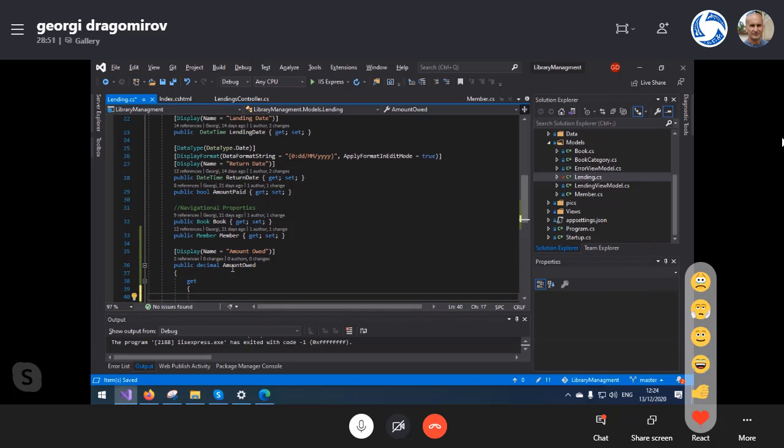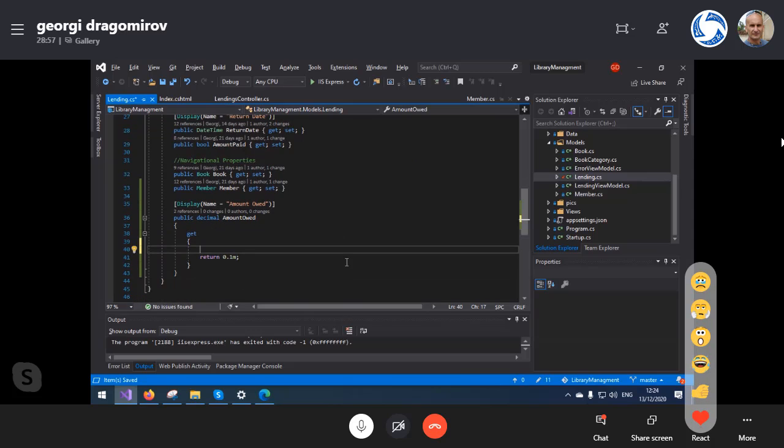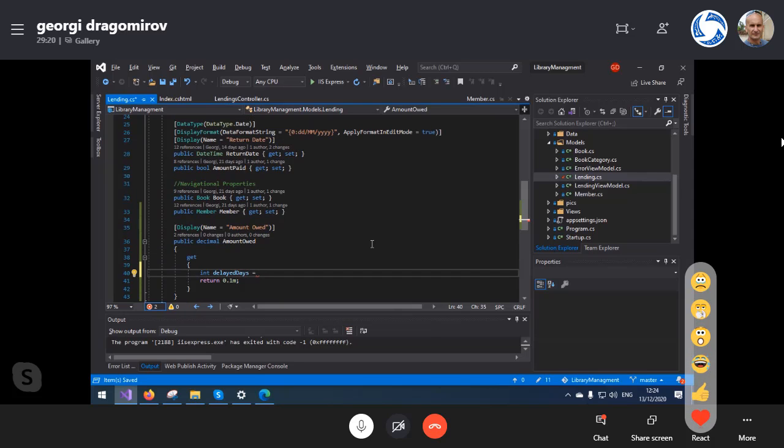Yeah. So there should be a let integer, so you can create one. You can determine an integer, days probably. I don't know, you come up with the names. Yeah, integer days, or delayed days, equals return date minus